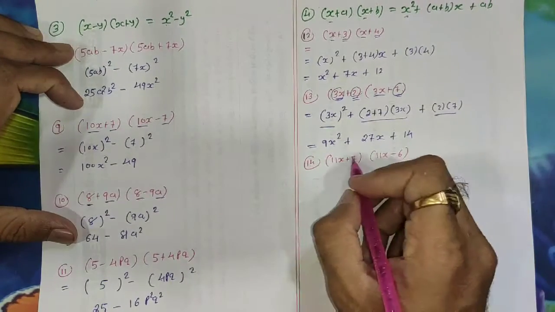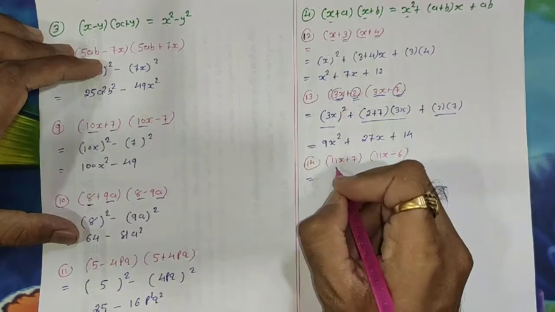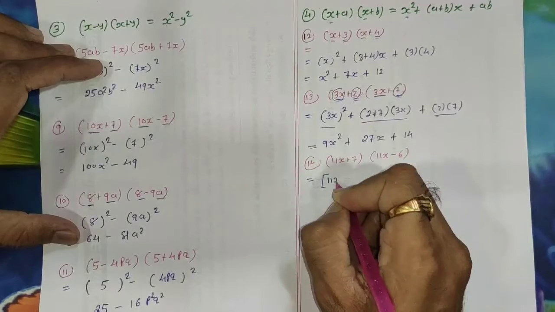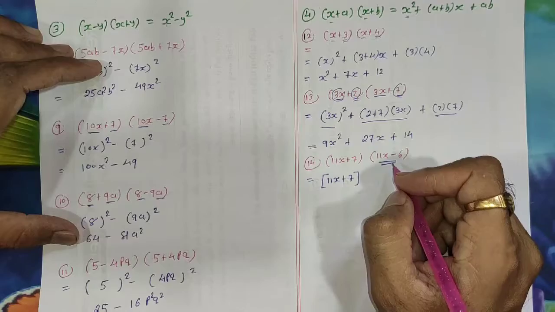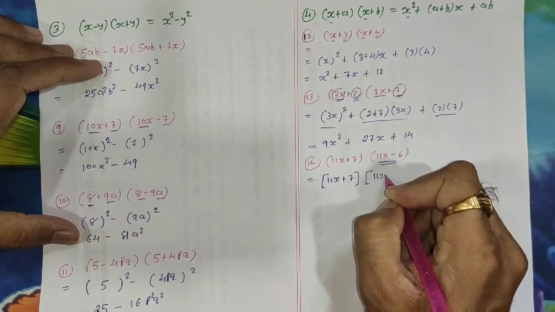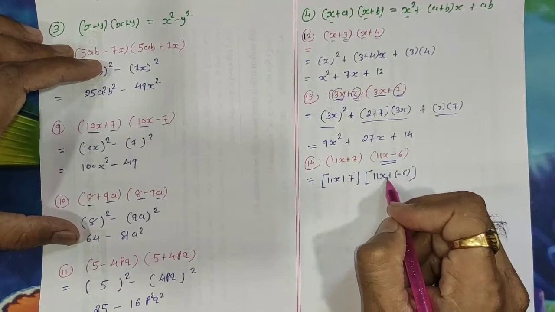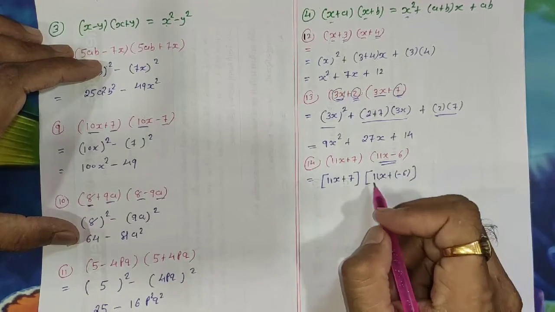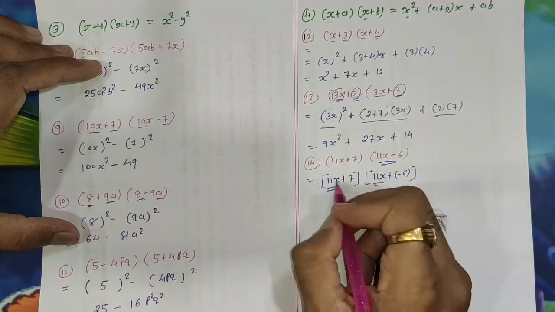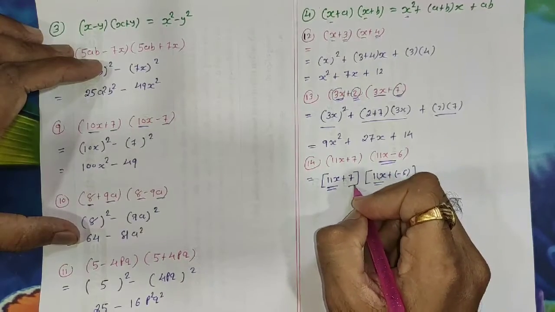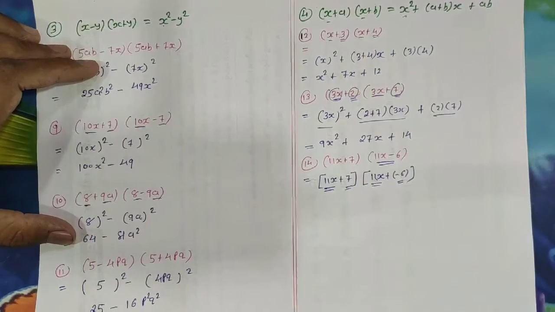First you have to convert the given question into the form of our identity. That means our identity is in the form of plus sign. So the first term is already with plus sign, so it's 11x plus 7 as it is. Now here you have to convert this minus sign into plus sign by putting the plus sign and taking the minus sign in the bracket. So it's 11x plus minus 6, so it's 11x minus 6. So now you can compare this equation with our identity. So you can say that this 11x is the equal term in both the binomials, and you can take a as 7 and b is nothing but minus 6.